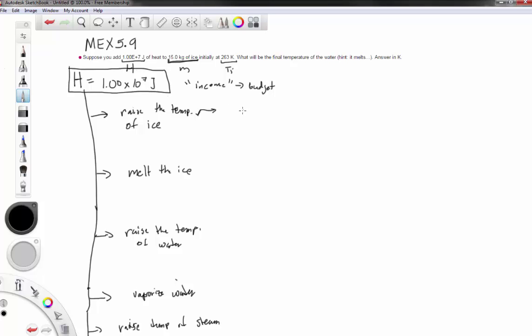So the cost of this thing is that the heat to raise the temperature of ice, I'm going to call that Q_i for temperature change in ice, is the mass of the ice times the specific heat capacity of the ice times the amount that you're going to raise the temperature by. There is a hint up here that says that it melts, so this means that we actually are going to raise the temperature up to the melting point. The melting point is at